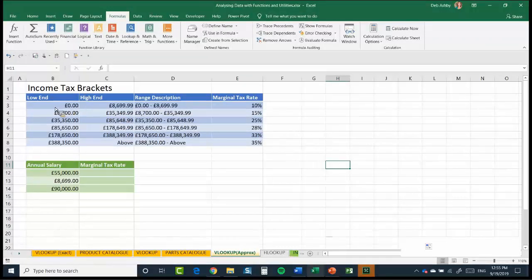So what we have here is a little table at the top which has some income tax brackets. And you can see there's a low end and a high end. There's a range description, and then there is a marginal tax rate. And underneath I have a little table where we have some annual salaries, and what I want to do is pull back what the tax rate is. So I want to look in this table for the salary, and I want it to pull back the marginal